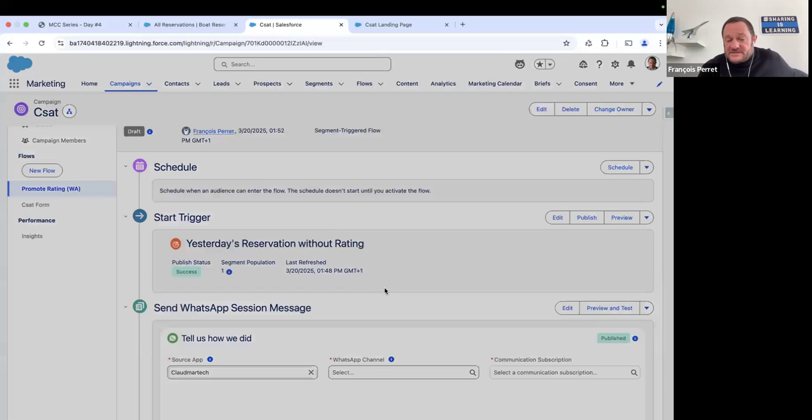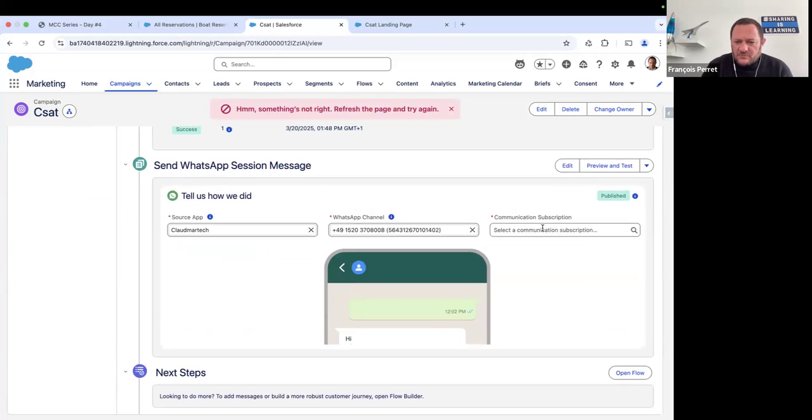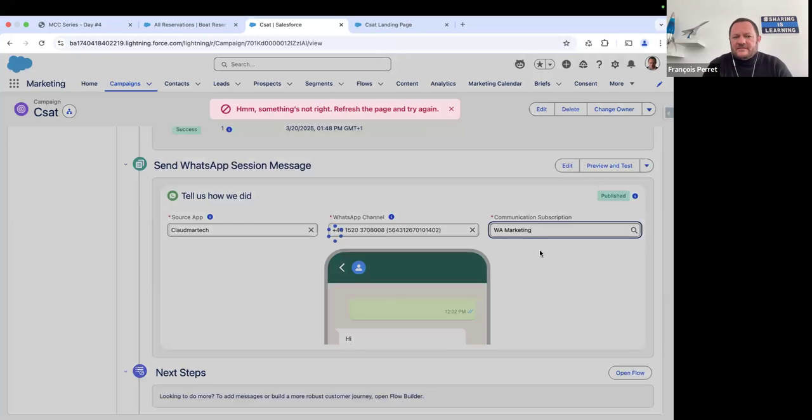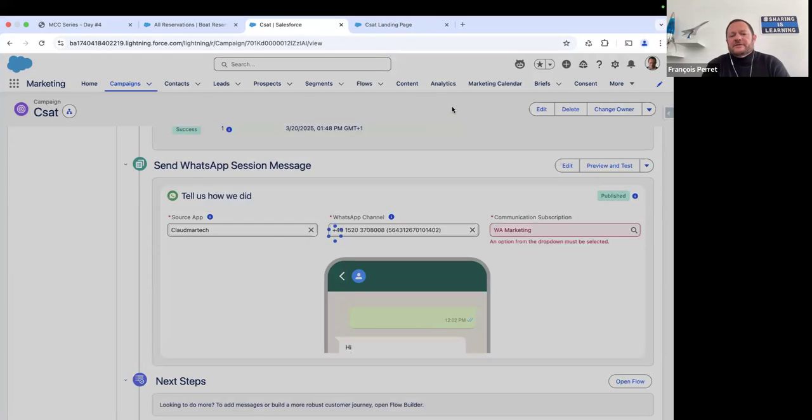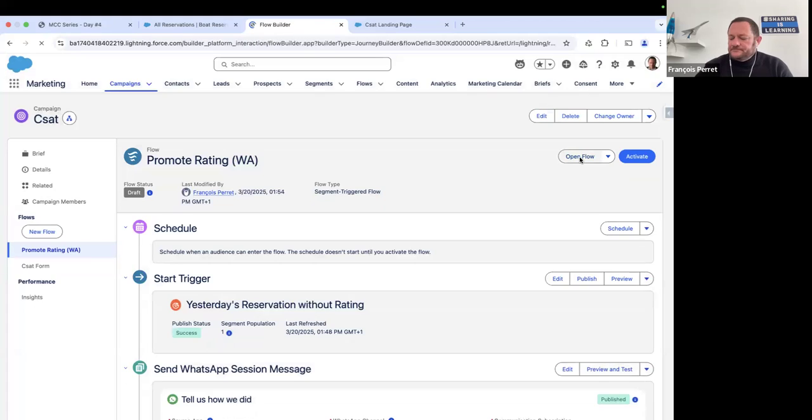So now we have a segment which is composed of unified individuals. This is very important. Only unified individuals can be used there. And here, for instance, we're sending a WhatsApp message to whatever contact point email will be associated with the unified individual message. We need here to select some information. Here, I'll select that. Just wait for a second. Okay, and now will be the time to edit the flow itself. So let's open the flow,